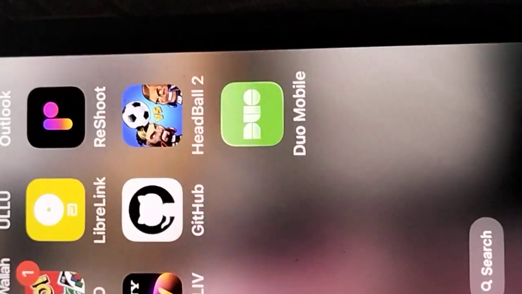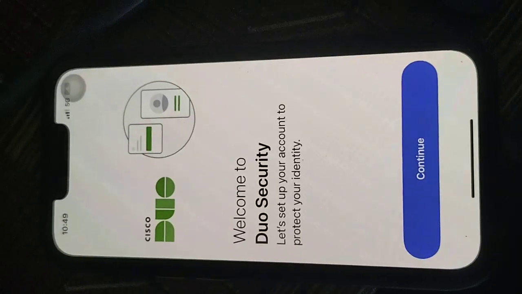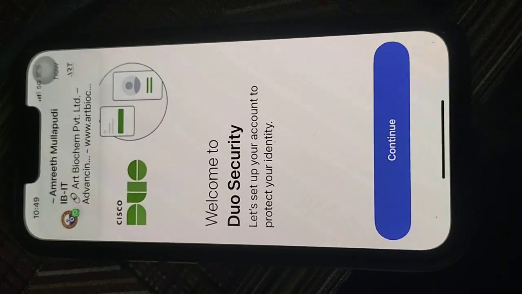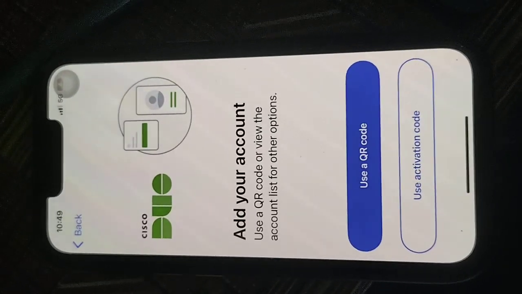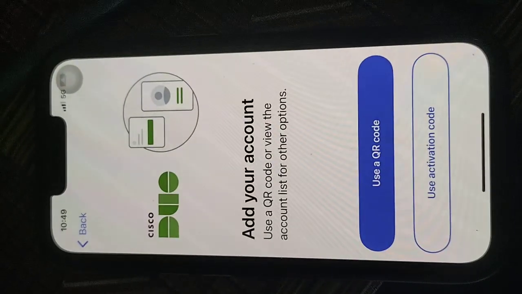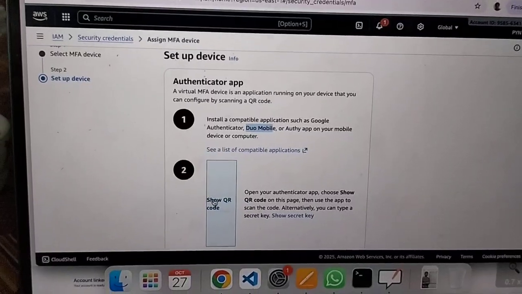Now I will show how the app looks. See here, there is an application called Duo Mobile. I will click on it and I'll come back here. When you click on the application, you will get a screen like this. We'll click on the continue option. Once you click on continue, there is an option called use QR code or use activation code. So now what you have to do, go to your console and click on show QR